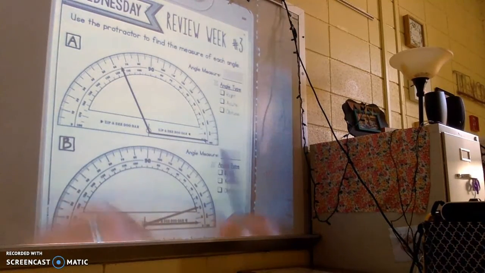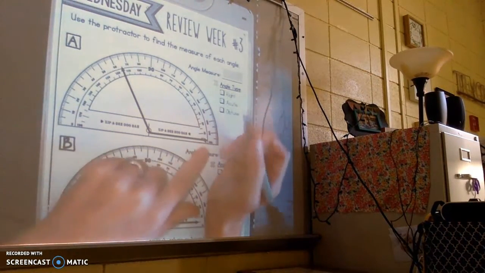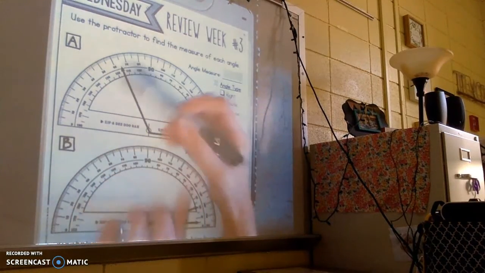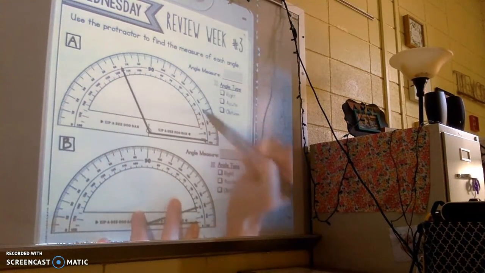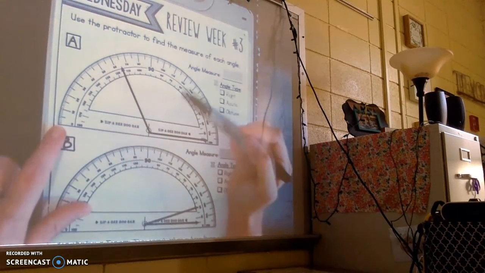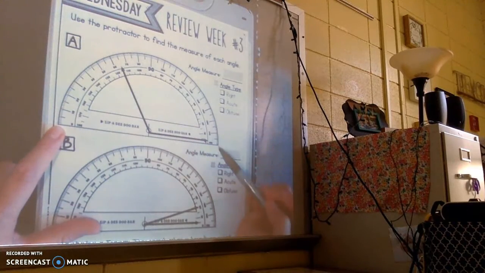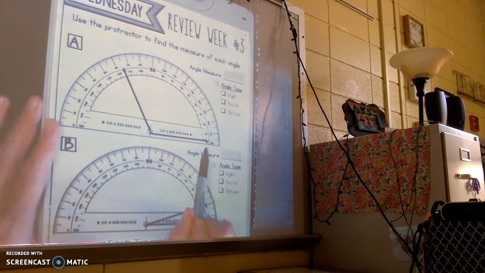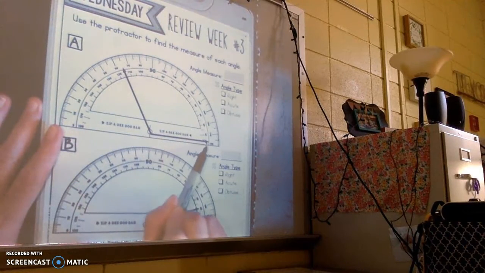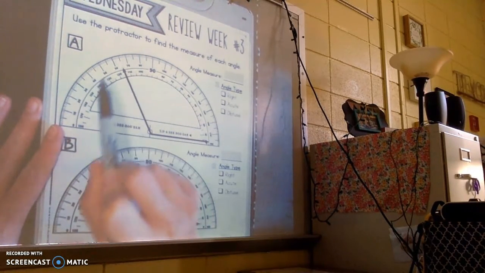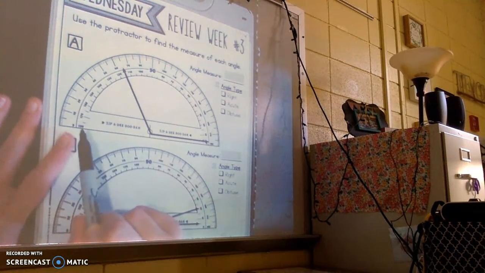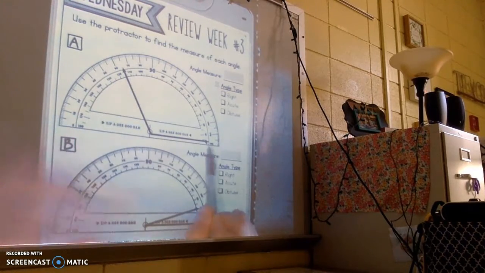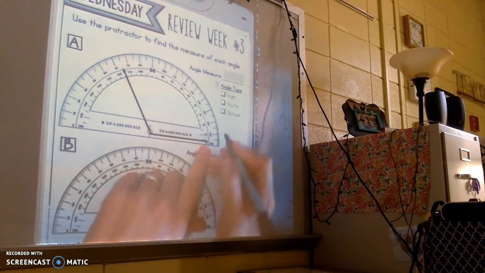I notice on my protractor that I have a scale going across the top of my protractor. It starts at 0 over here, and then it goes all the way to 180 degrees. Then I also have a scale on the inside of my protractor, starting at 0 and then measuring across the inside to 180 degrees. Since my angle is starting on the 0 here, I'm going to use that inside scale